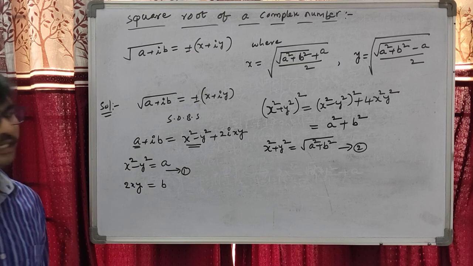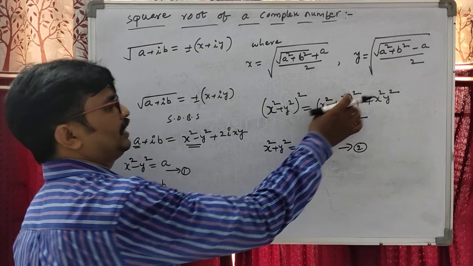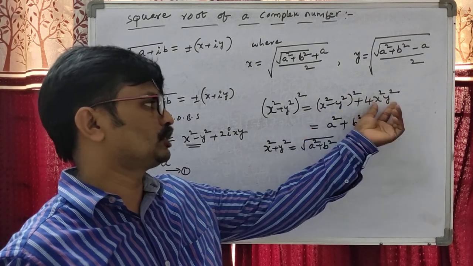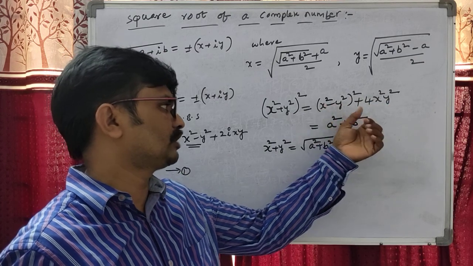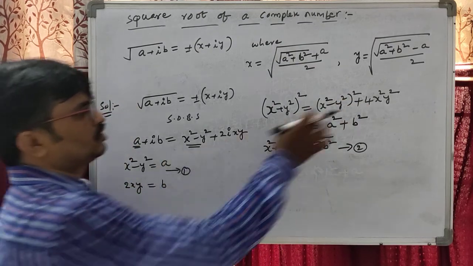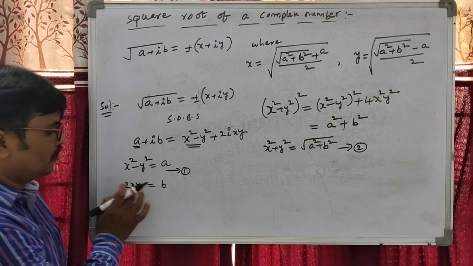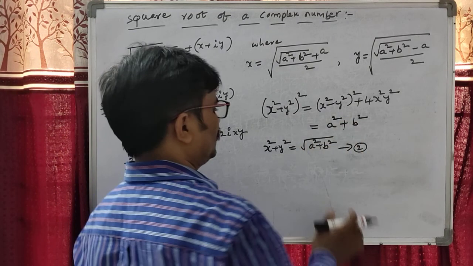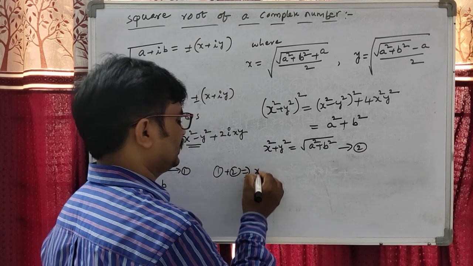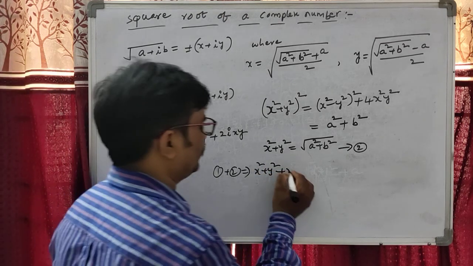Students, we can write this using the identity (a plus b) whole squared equals (a minus b) whole squared plus 4ab. Here x squared minus y squared is a, so its square is a squared. 2xy is b, squaring on both sides, 4x squared y squared is b squared. Now adding the two equations, we get x squared plus y squared, and here we have x squared minus y squared.